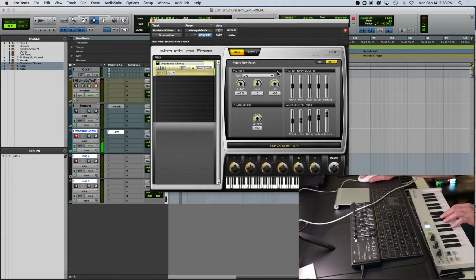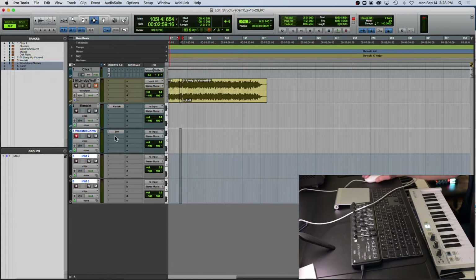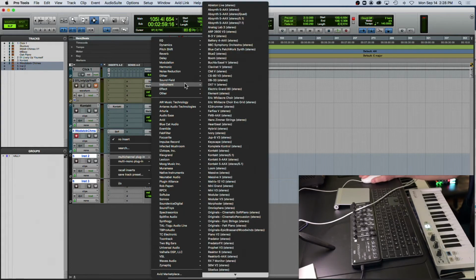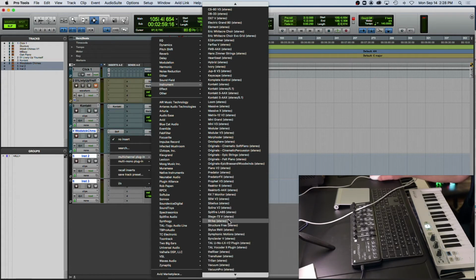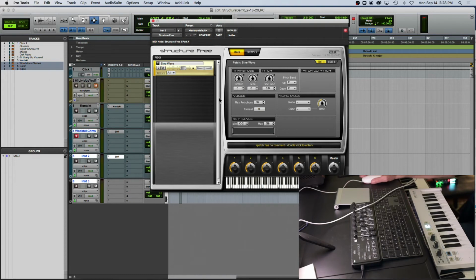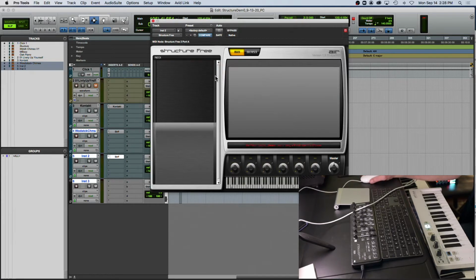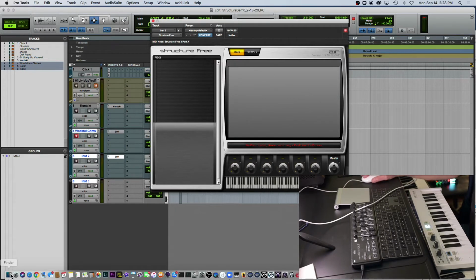Let me see what happens if I... Okay, so that's a chimes, right? So let's add structure free here. So it can also be found in your instrument. Yes, I've got lots of instruments. I've been acquiring them for 20 years. So, all right, I'm right clicking up in this area here, and I'm just going to get rid of the patch. I'm going to go back to my